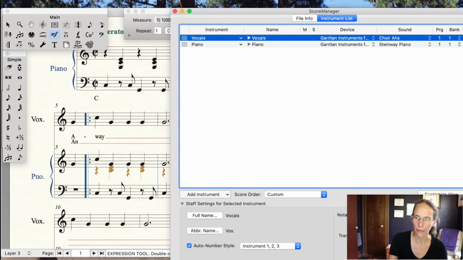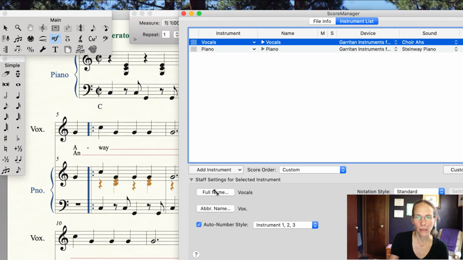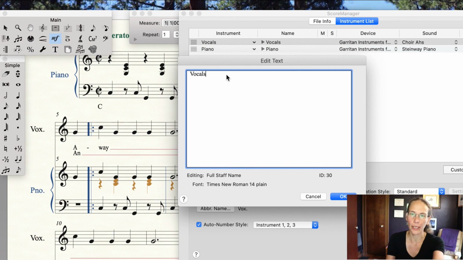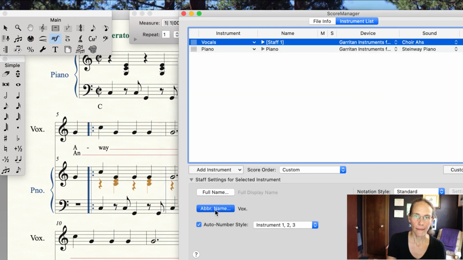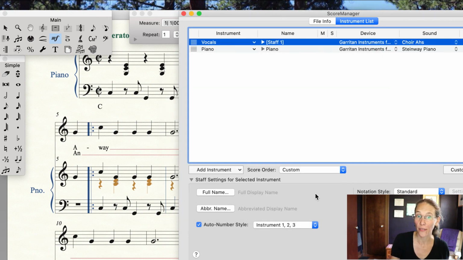So at the bottom, make sure you can see this, we can change the names of these parts. So we're going to get rid of vocals, click OK, and then I don't want it to say Vox, that's kind of weird marking, click OK. So take off the abbreviated name,